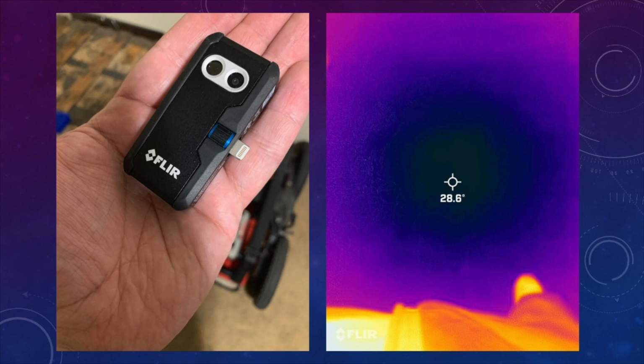Another good thing that you can get, FLIR makes these, is thermal imaging. You can use those down in caves or mine shafts to see where the airflow is coming from, and so you can see where the cold spots are or where the hot spots are. And you'll notice